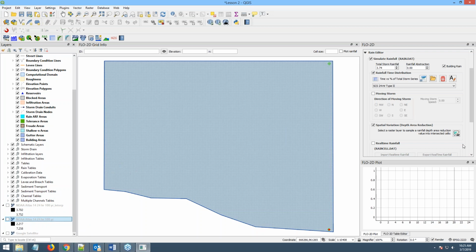Okay, next. That takes care of rainfall data and spatially variable rainfall data based on a depth area reduction. Now, let's move on and get right into infiltration. So, for infiltration,